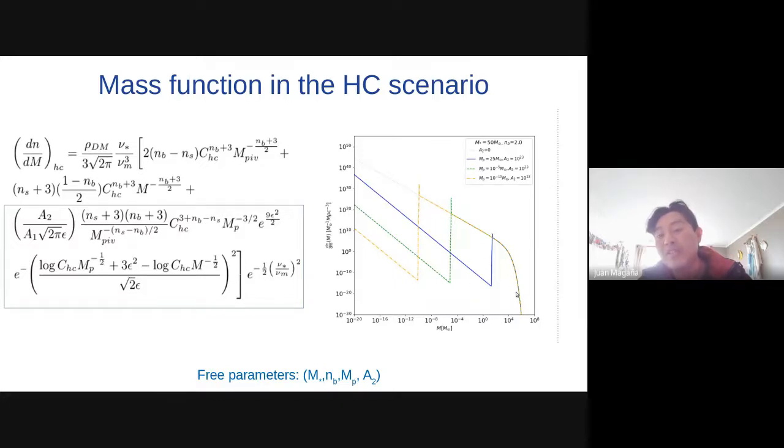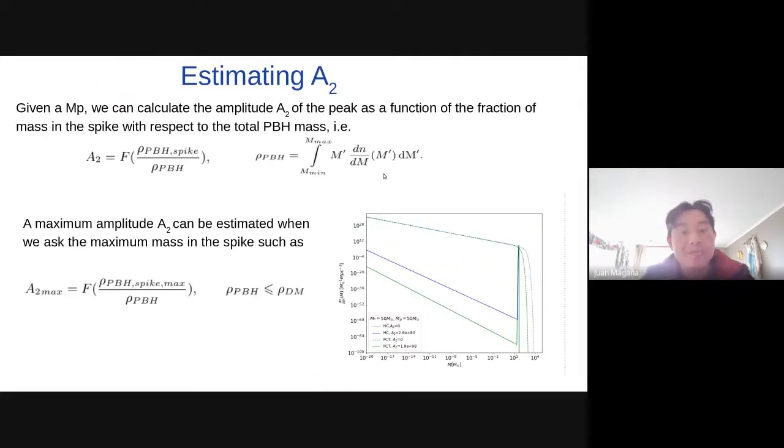For example, if I ask that in this spike I want to put 20 or 30% of the total mass of the distribution, I can obtain the value of the amplitude A2 to get that. And this is a more physical way to give a value for A2.